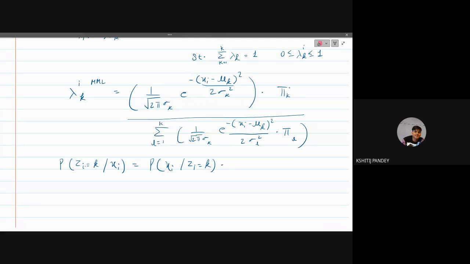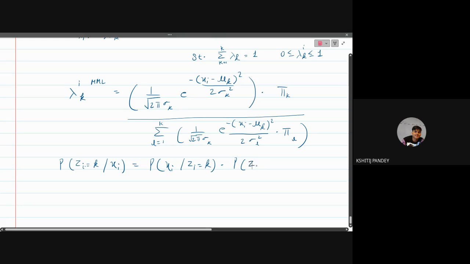And this pi k is the probability that your point belongs to the kth cluster, that is, the probability that zi is equal to k,